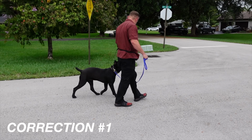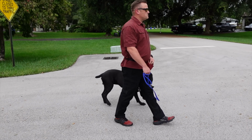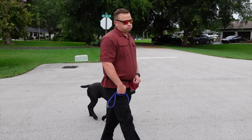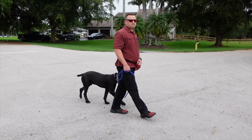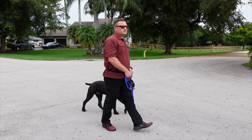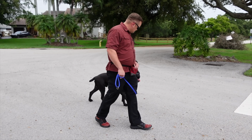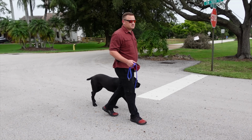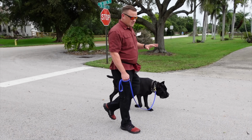Good boy. Still taking food, still happy to be here. On a scale of 1 to 10, it's about a 5. We didn't get a yelp out of him. Typically, I like to get a little, hey, that means message was delivered. Good boy. But you're gonna see a major change in him getting out in front in the next 1 or